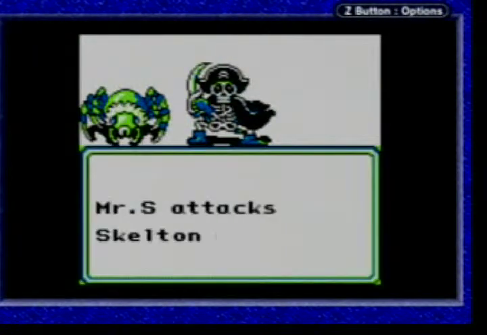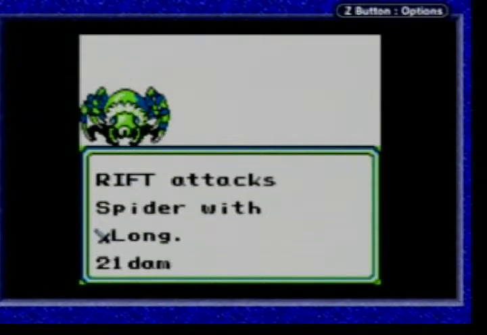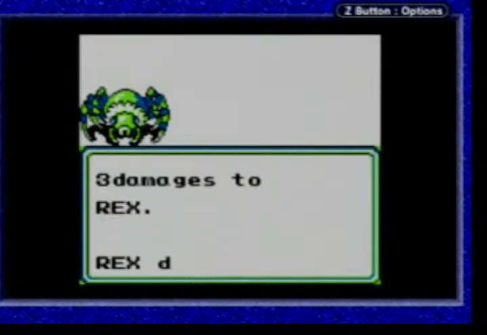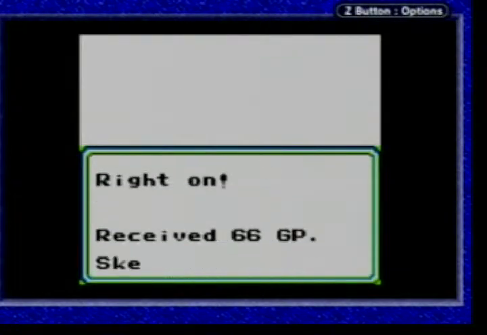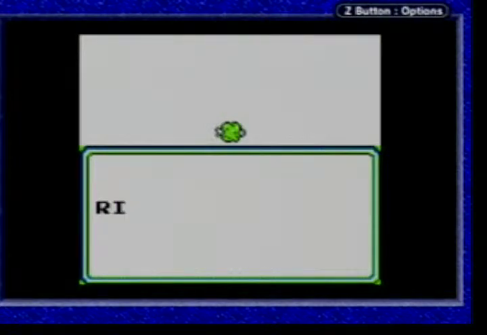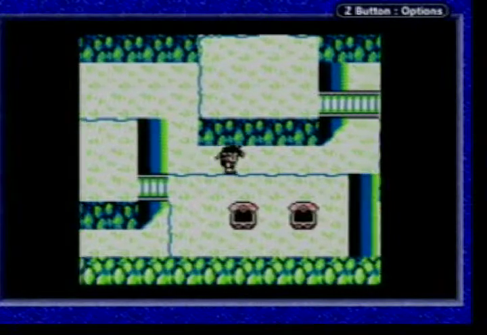Oh, Mr. S, how did you miss with dissolve? There we go. There was a skeleton. And I attacked the spider with more. Yeah, Rex takes 3 damage from that. So ridiculously low. Not eat skeleton meat. Yeah! I'm the first one to gain stats, even though only Zen and I can gain stats, so it's not really a big deal. The way stat growth...